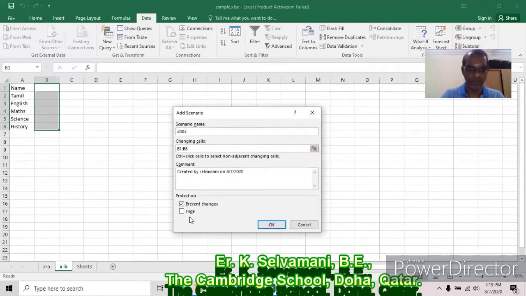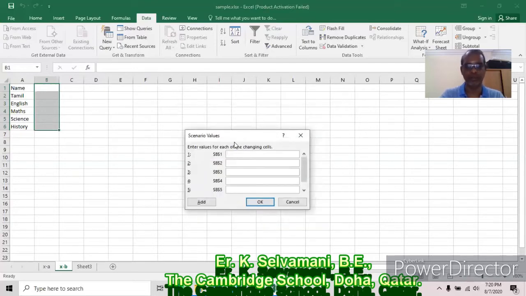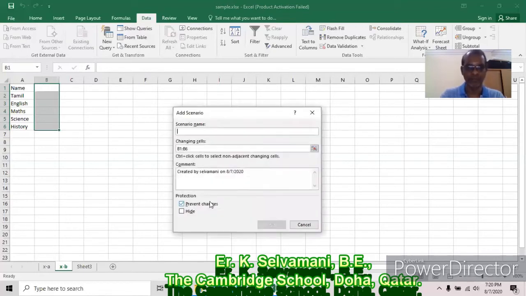Here I am giving hide. Hide means only we know very well. We have to hide the mark list. That is 2003 should be hidden. Simply click OK. Here Rani, add 2004.